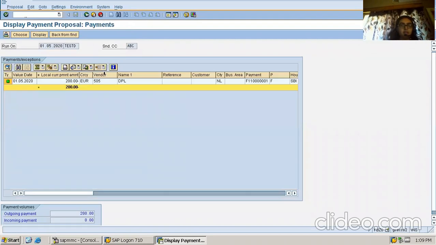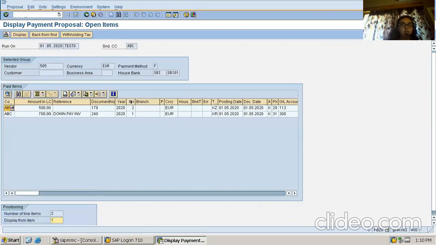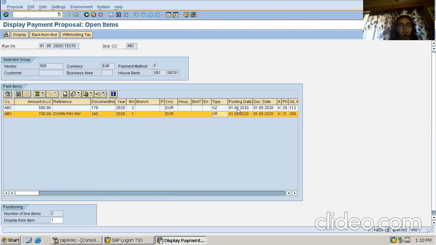I'm going inside the display proposal and see the balance amount 200 is being shown. I mean 200 is the amount that is payable. If I'm going inside, then it will be showing the breakup. That means yes, the 700 is being displayed, and the document number is 240, which was the vendor invoice document. As the document type is shown KR, absolutely fine.